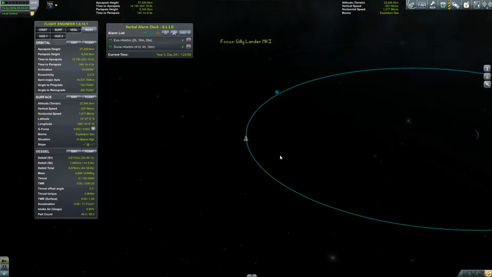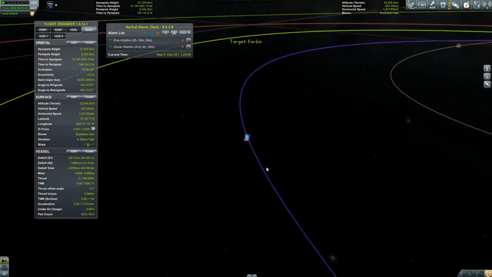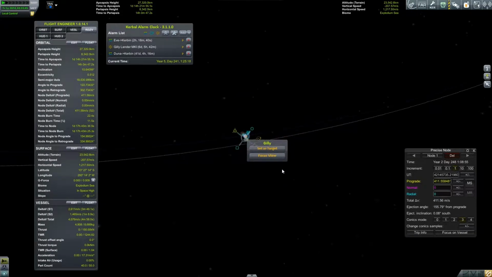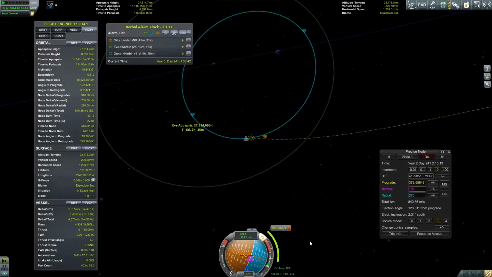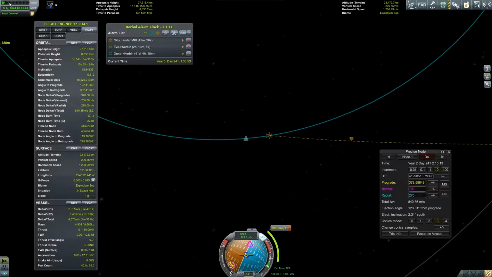Map mode. Give me a target. Target Kerbin. Then we need to burn out essentially this way. Do exactly that burn. How long does that take? 22 seconds before the node. The node is in 44 minutes. So